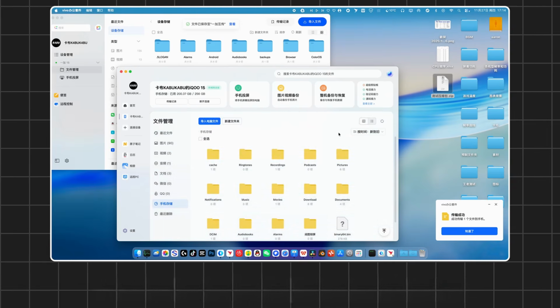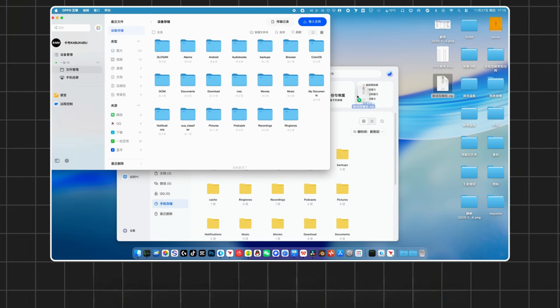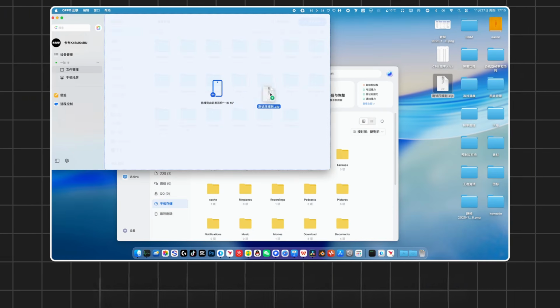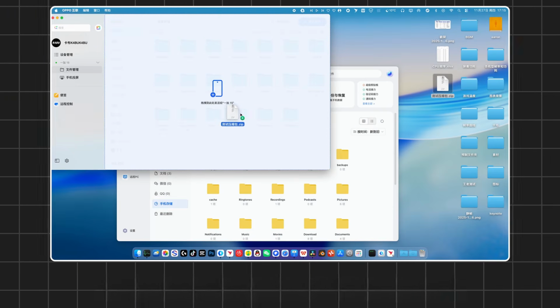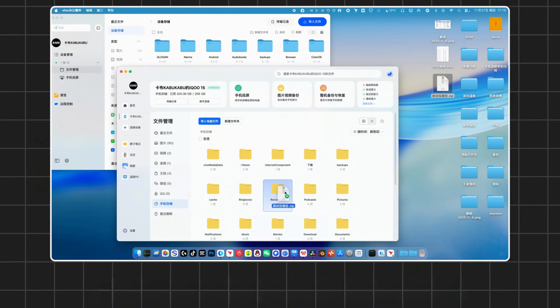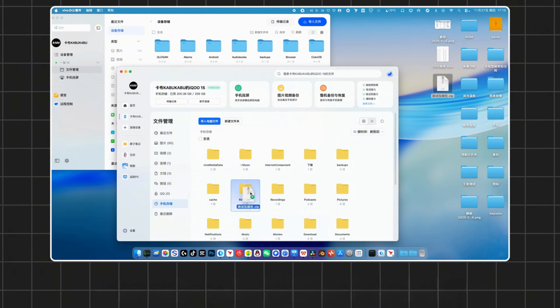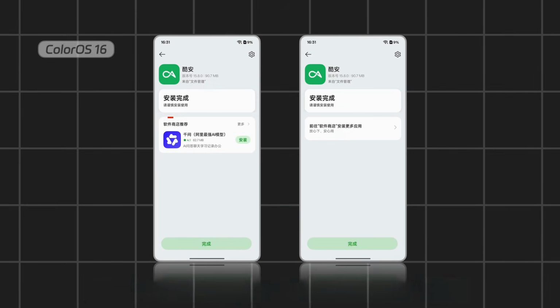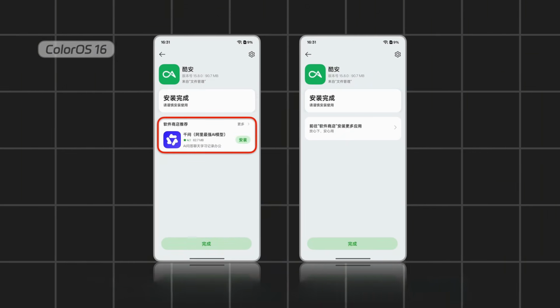But in terms of details, the Vivo Office Suite is better designed. When I drag a file to the phone, Oppo Connect transfers it to a shared folder, and you can't specify the path. But with Vivo, you can drag it to the root directory or a specific folder, which is a bit more convenient. On ColorOS, if you install an app from outside the App Store, there will be ads at